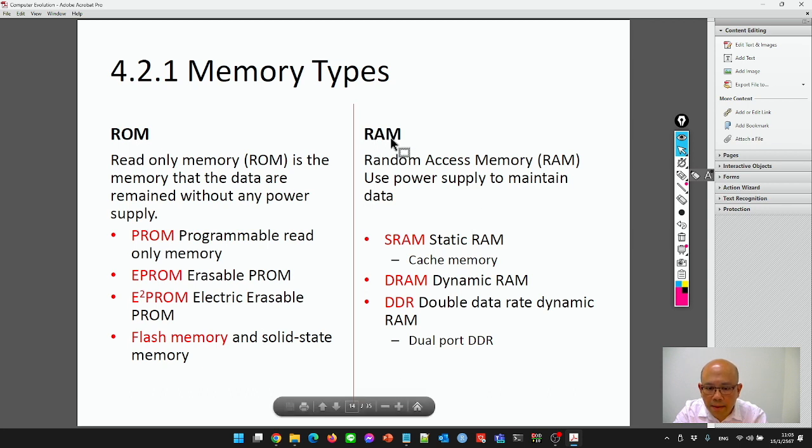Now for the RAM, we have SRAM and DRAM as the main point. The SRAM has no refresh, but the DRAM has a refresh. And also in all computers,